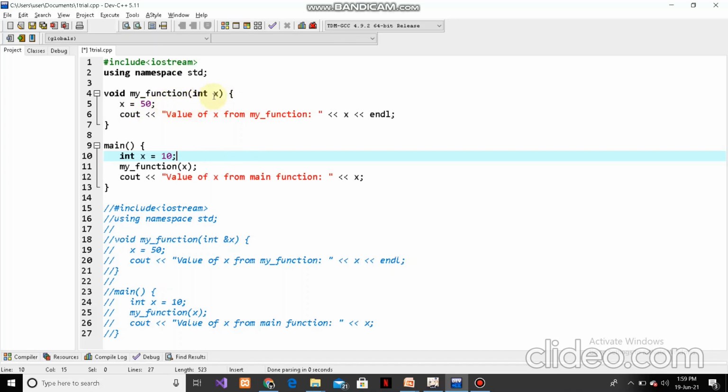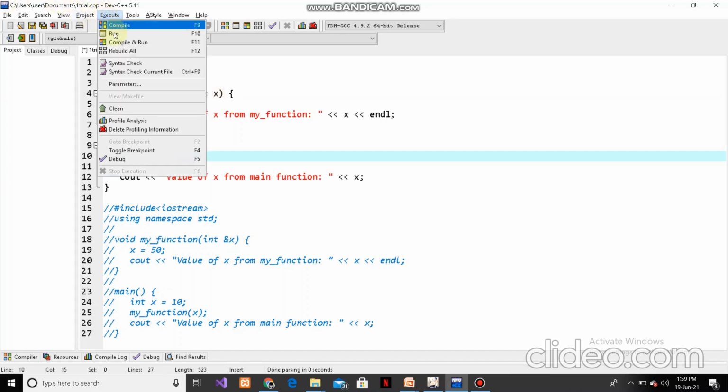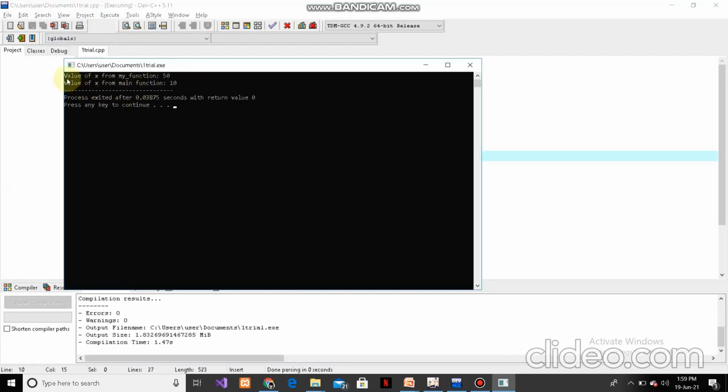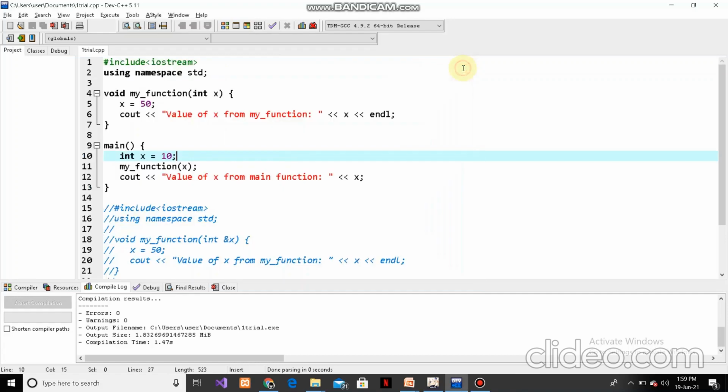If you could understand the stack or memory inside the CPU, that will remain as it is. There will be a difference only in the value, but the memory remains the same. So it is not modified because the internal location remains the same in call by value.